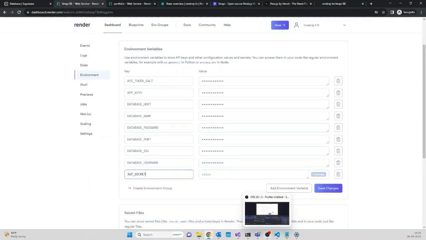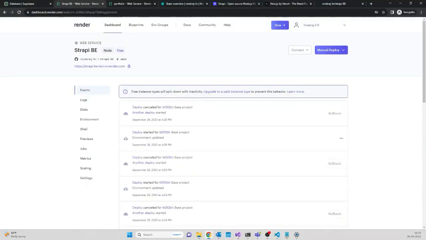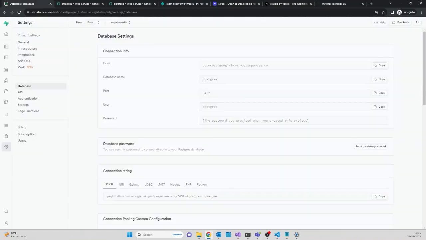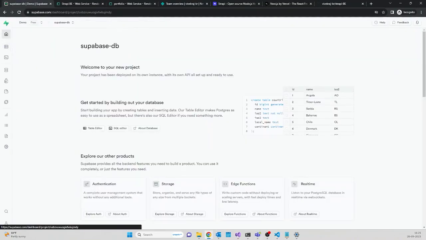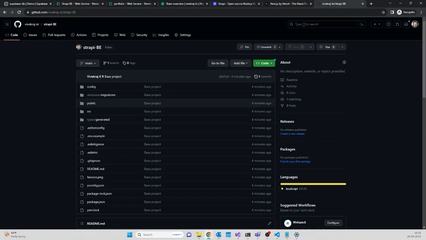I believe that can be found from our env file. It might have retriggered a lot. Whenever a variable changes, it retriggers the build. But yeah, this should be the last one. Now let's wait for the deployment. If everything is working as expected, then we will be able to access this URL, and we will be able to create an account or create users or whatever data we wanted to, and it will appear in the database here. So let's wait for that to build, and in the meantime, let's create another repo for the